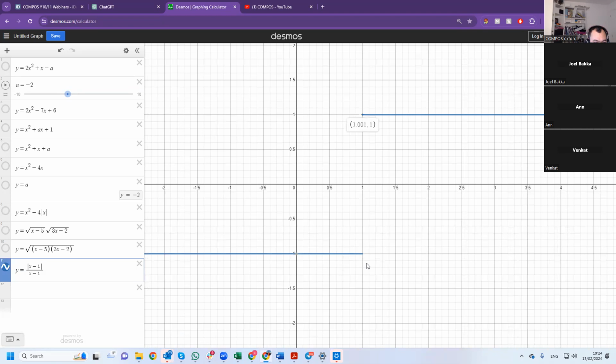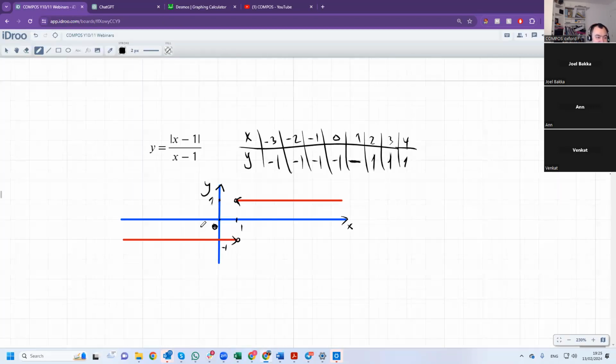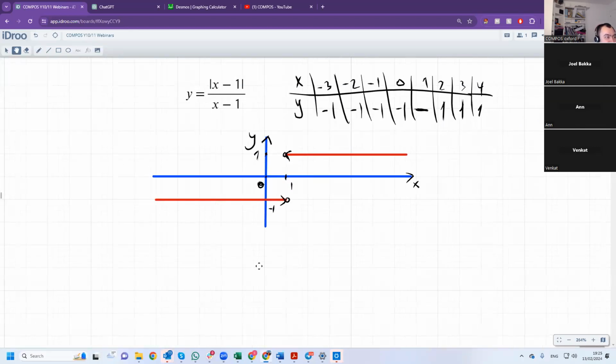And if you try to go here, it's 1 over undefined. And the same thing here, 1 over undefined, because you can't divide by 0. It's quite cool, right? And if you think about it, it has to be like that because modulus